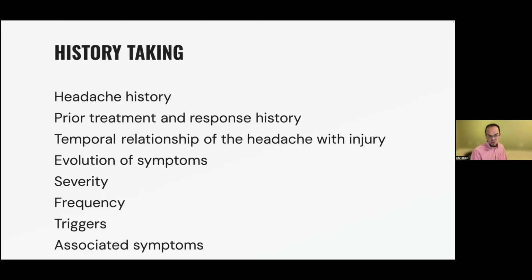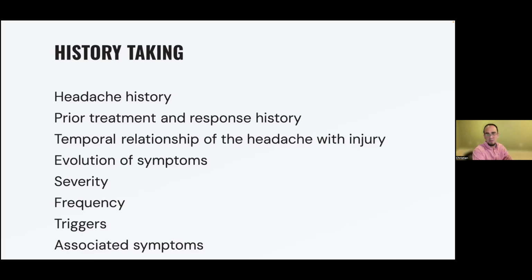Have there been any nausea, any vomiting, any rhinorrhea, any eye pain? So just see how the patient has been changing through time. What's the severity of the pain? Does this pain really limit the patient in different areas, or does it not? What's the frequency of the headaches? Are they happening all the time? Are they happening all day? Do they ever go away? Do they happen after a specific trigger?